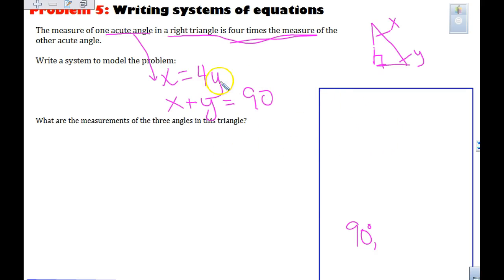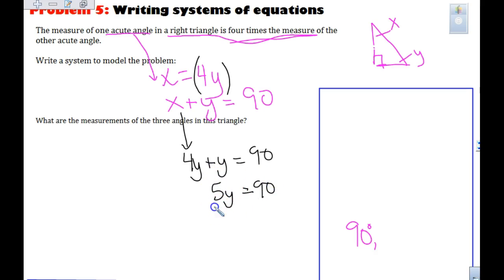Now, when I show you the equations that they wrote down, they solved it a little differently. They did X plus Y plus 90 equals 180. If I was solving this one as you're looking at it, what do you think, Julia? Substitution or elimination? As we look at the problem, we could pretty easily replace the X with 4Y and then add Y to get 90. Fisher, if I was doing that, 4Y plus Y gives us 5y equals 90. And if I'm solving that one, James S, when I divide 90 by 5, I get,